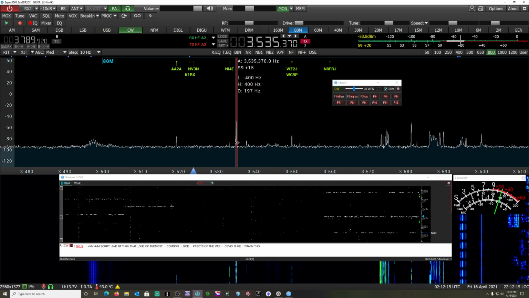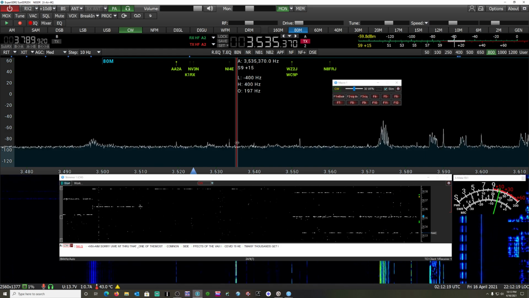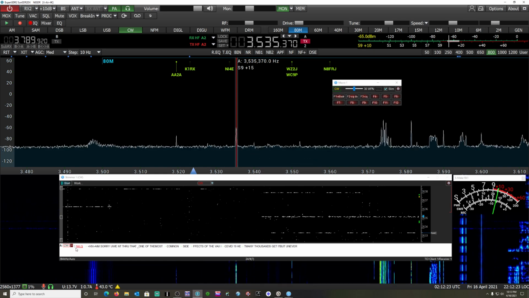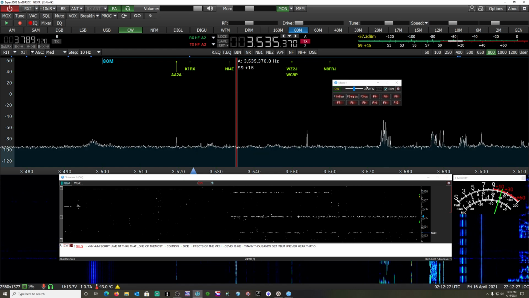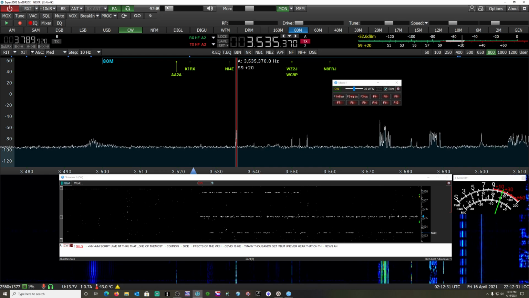So this guy's at 31. By the way, this skimmer in this thing works really well. So no, this doesn't appear that it will auto adjust,